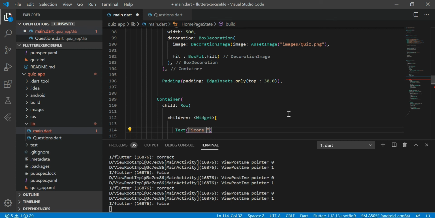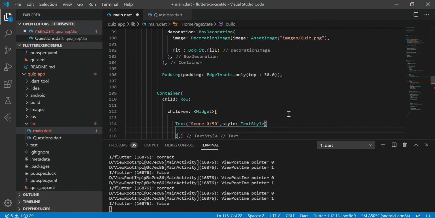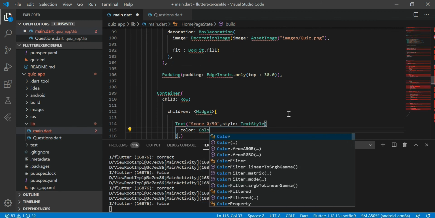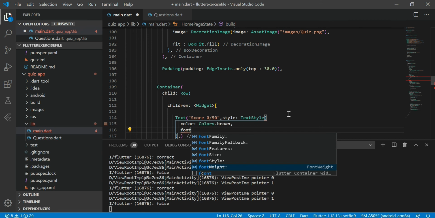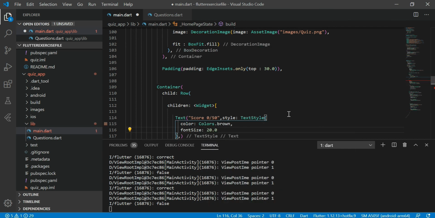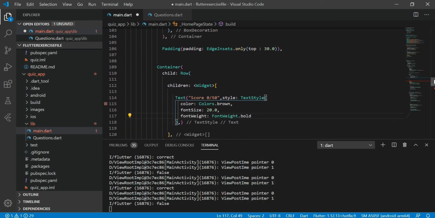Let's give a text of score, and here I'm using 10 questions in a quiz and every question is of 5 weightage, so that's 50. Let's give it a text style a little bit. I'll provide a color of brown. Brown looks good with this, and a font weight of bold.